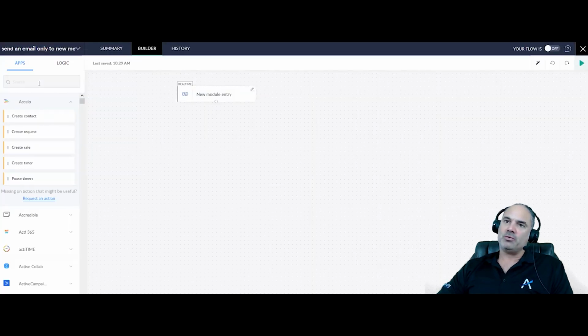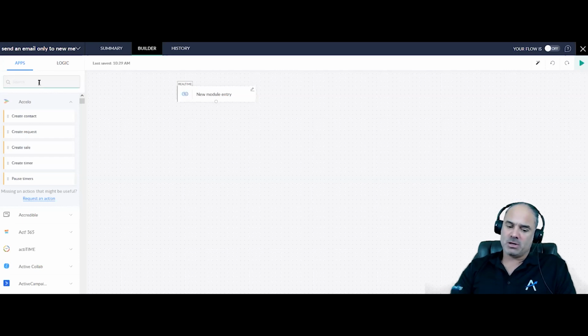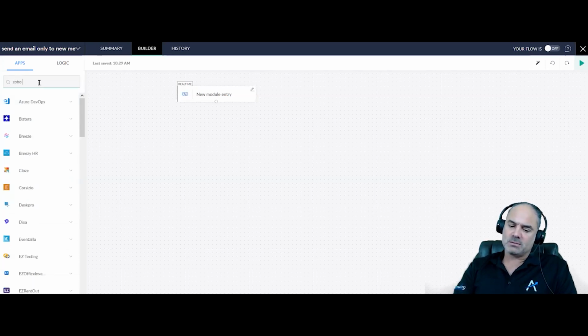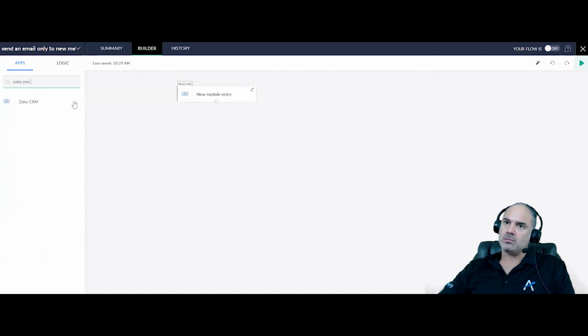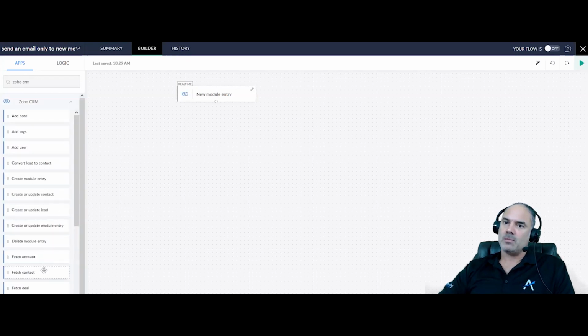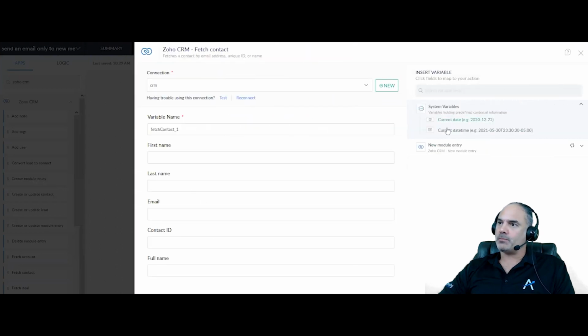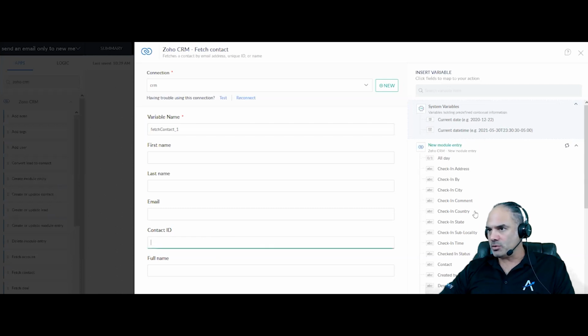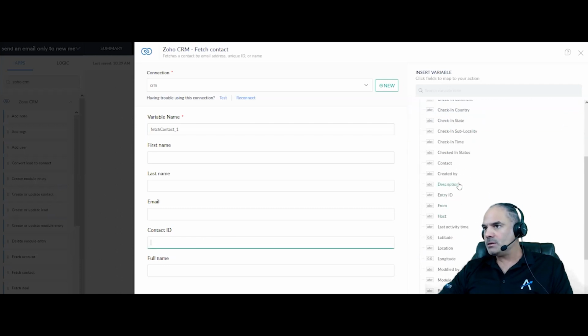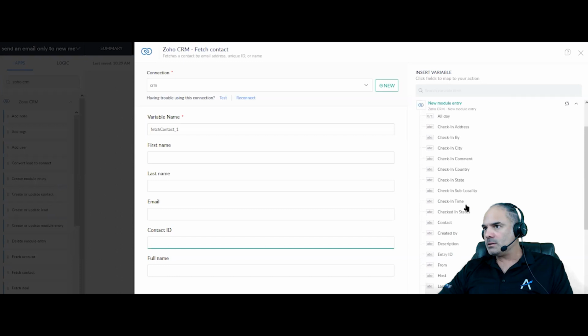Then you will need to fetch from Zoho CRM the related contact, and the contact will come from here. So the contact ID will be the contact.